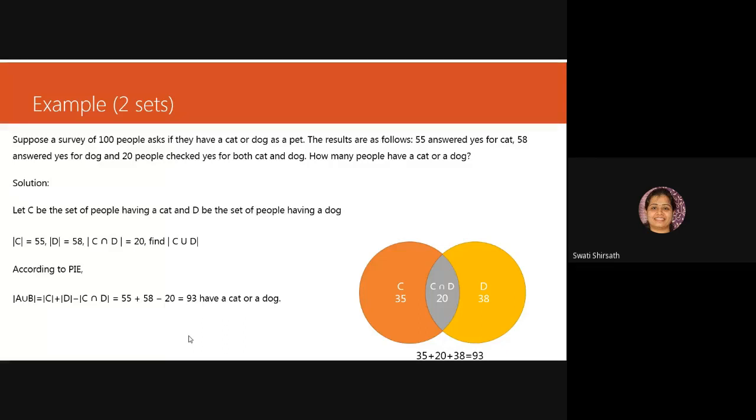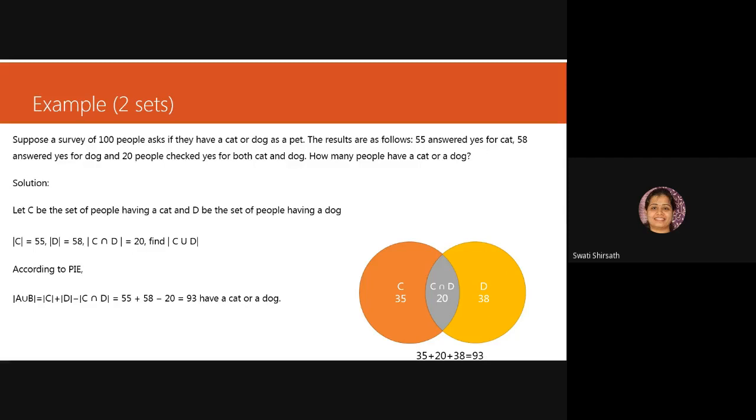Only C is how much it was, 55. Okay, the very first thing when you use a Venn diagram, you have to write the value of intersection first. If it is two sets or if it is three sets, irrespective of that, you have to first write the value of intersection. उससे ही सारी वैल्यूज आपको कैलकुलेट करनी हैं, that will help you calculate other values.